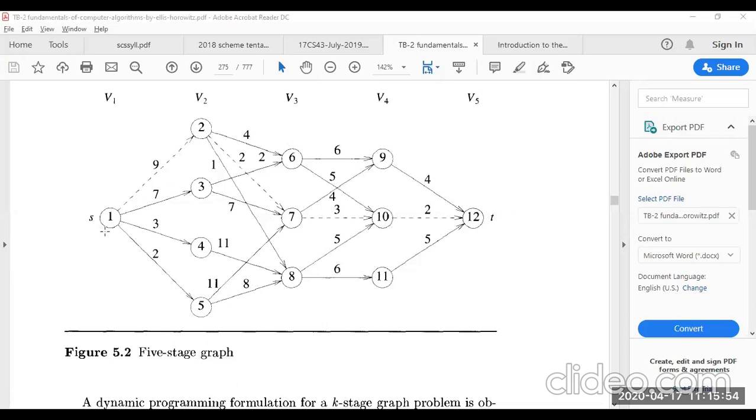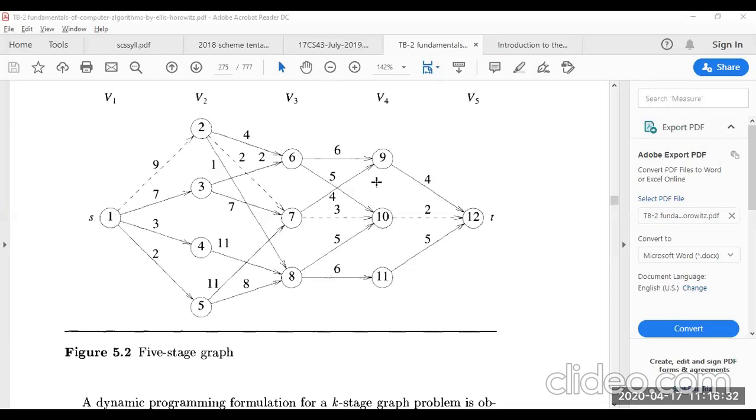You can see that there is a node that is written as S and there is another node that is written as T. So this is a multi-stage graph. The nodes, or the vertices, are given in different stages, and we need to find out a minimum cost path from the source to the sink or the target node. So what we need to do is find out between S to T what is the minimum cost path using the dynamic approach.